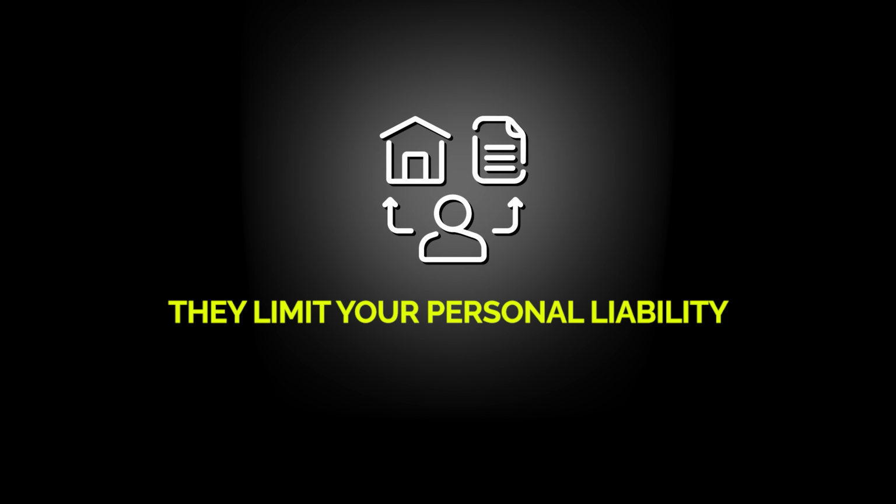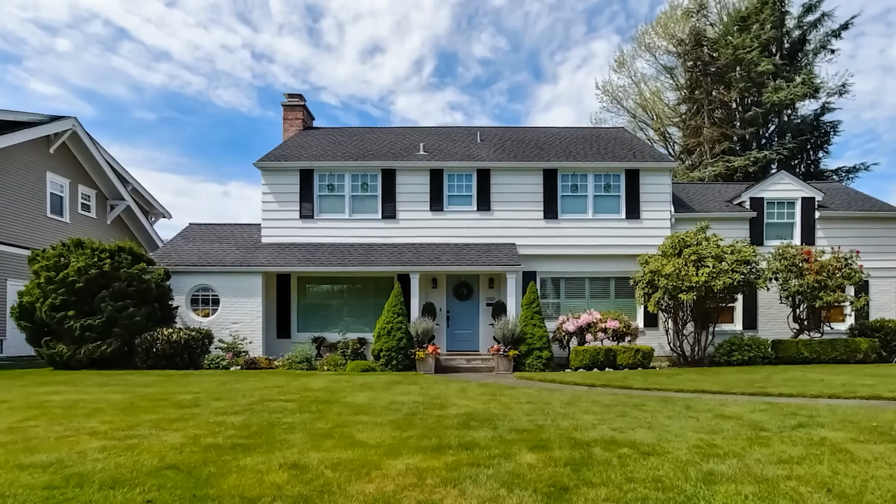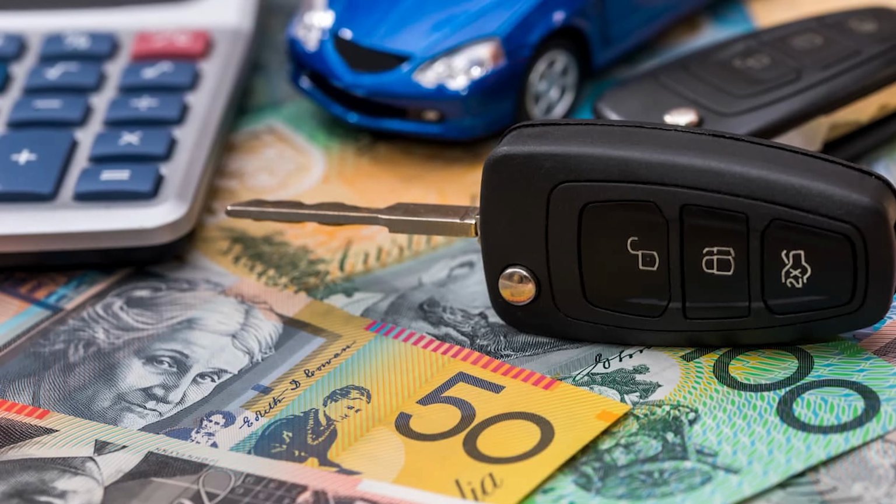First of all, the reason most LLC owners choose to start one in the first place is because they limit your personal liability. So what this means is, if your company gets sued for whatever reason, they can't come after your personal assets. So if you make a mistake and something actually goes wrong and you get sued by someone, only the assets that are inside the LLC will be at stake. All of your personal assets, such as your homes, your cars, or anything that isn't tied into the business,